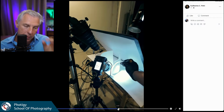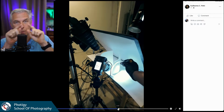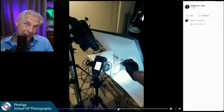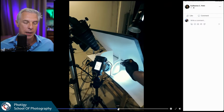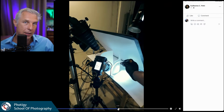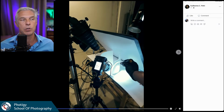Unless you have some small black screens, you can always make some arcs. Just cut black paper and stick it inside your little diffuser to get some reflection. It's a little bit unusual, but it's possible. With a black piece of paper inside, make a curve and put it somewhere so it reflects on the metal. But more professionally is to